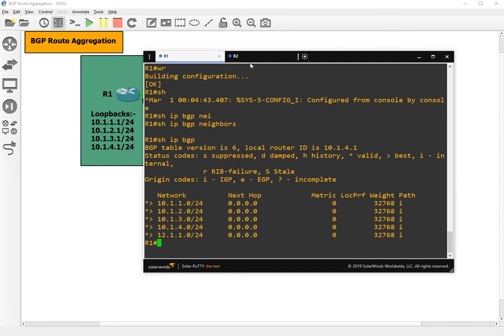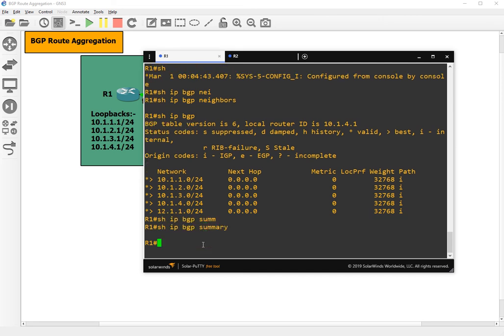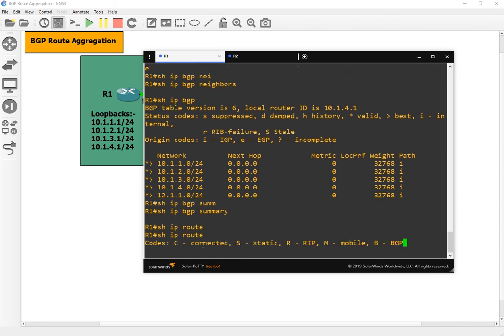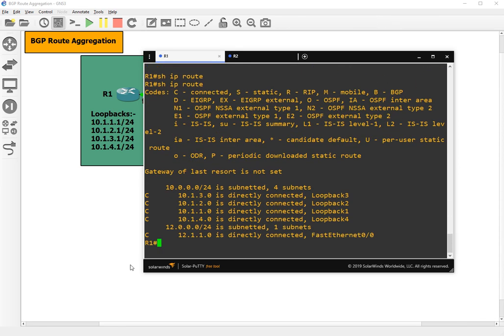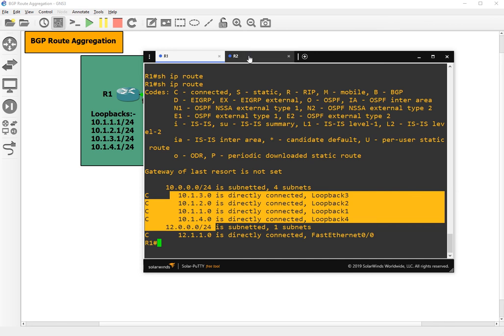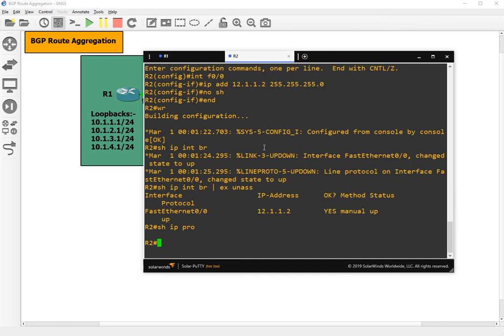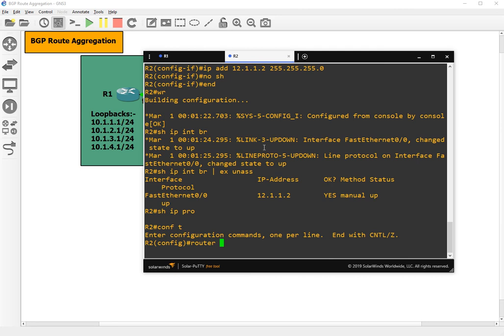And now we will configure BGP on the other router also. Show IP BGP summary, show IP route. Okay, so we can see that all individual routes are there connected,